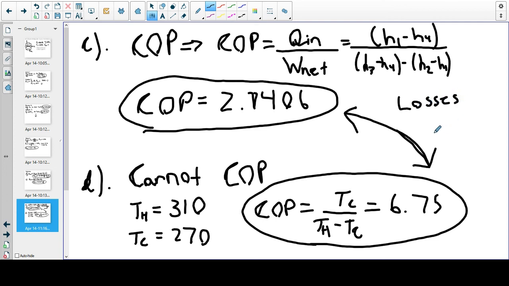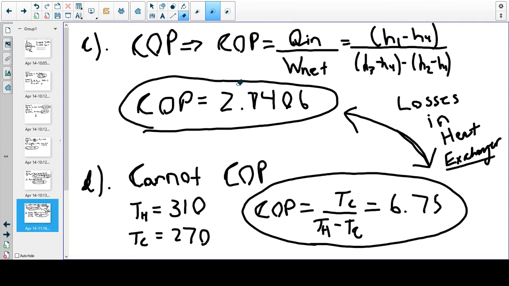it is losses in the heat exchanger. Because we assumed in this problem that all turbine and compressors operated isentropically, so you know that there are no losses in those two. So it has to be the heat exchanger. The heat exchanger is not holding on to the heat perfectly. Apparently, that's the only way that this works. The Carnot assumes that it does. And so you can see the difference here. The Carnot obviously not going to work, but